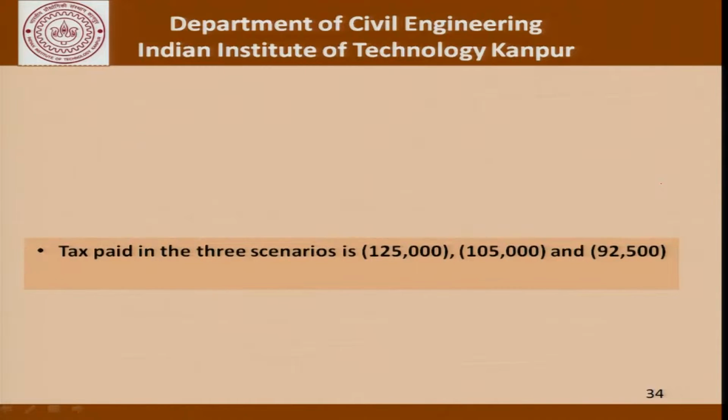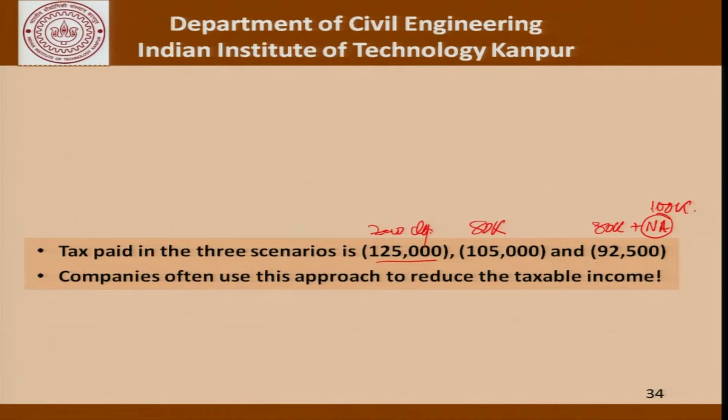So, to recapitulate, the tax paid in the three scenarios is 125,000, 105,000 and 92,500. This was the case of zero depreciation. This was a case when the depreciation was 80,000, and here was a case where the depreciation was 80,000 and we had a new asset of 100,000. So, we can see that the tax paid actually is reduced substantially. I mean, if we look at just the percentages, it could be argued that the tax has been reduced by as much as 25-30%. And the companies often use this approach to reduce the taxable income and increase their asset base,